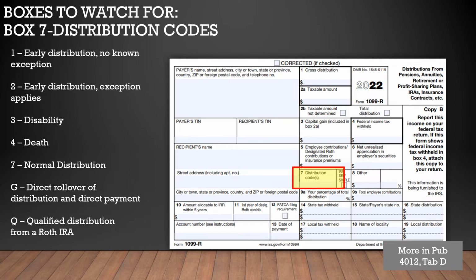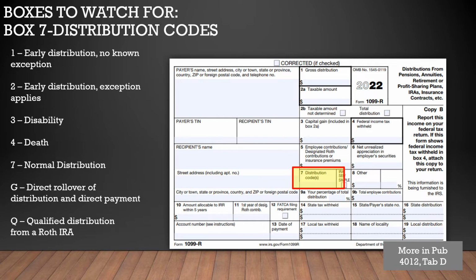And that's really important because, again, a person would not have reached retirement age, and without that code, they'd be looking at having to pay tax and pay a penalty. So we want to make sure that they aren't paying tax and aren't paying a penalty when that's not necessary.